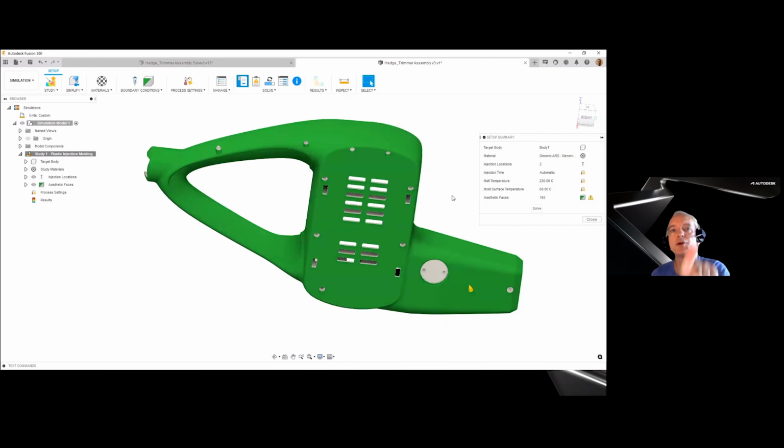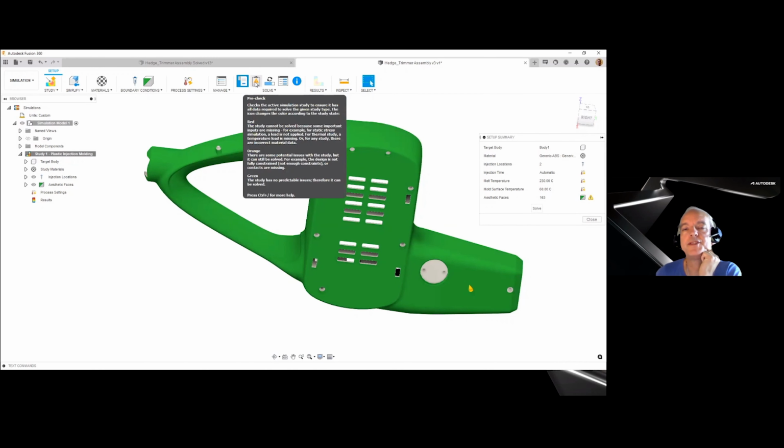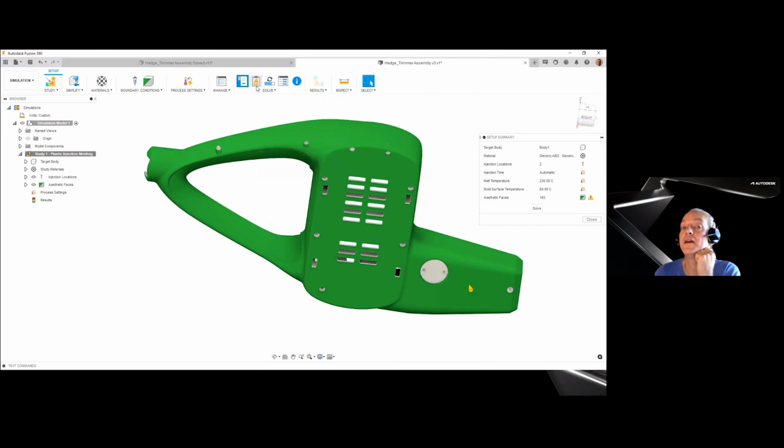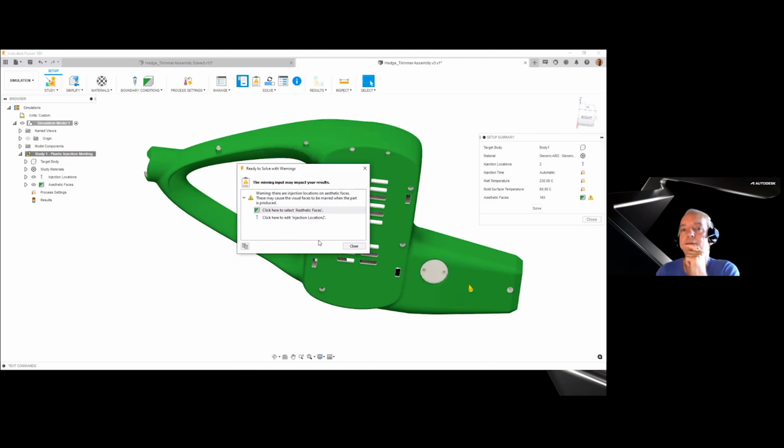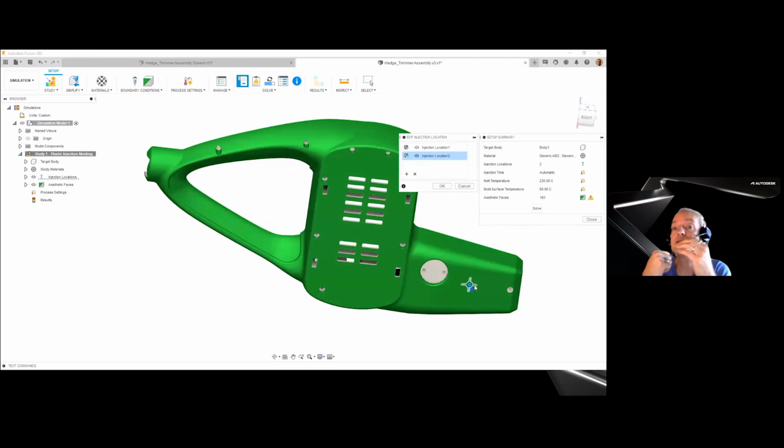Okay. So now the checkbox in the top, in the pre-check, is giving you a warning, because now you put an injection point on an aesthetic face, and it always leaves a visual mark. So now you have a choice: either unselect a particular face, like, okay, I'm going to allow the injection point on that particular face because that area may not be super important, I'm going to put a sticker on this, or you basically move the injection location to an area that is going to be of less visual appearance, like there, for instance. Cool.